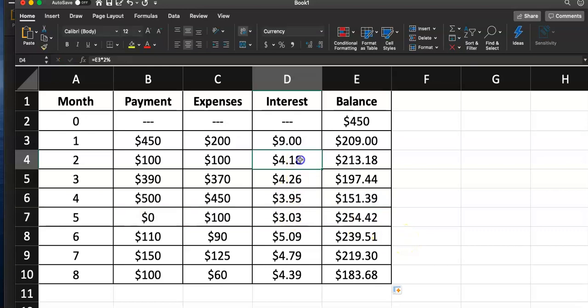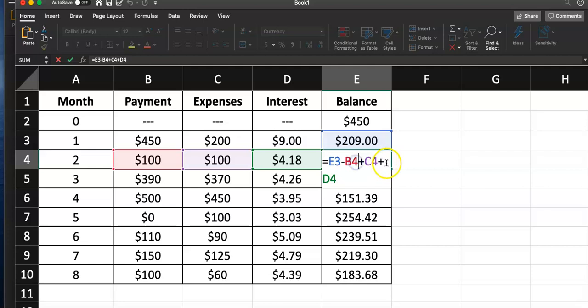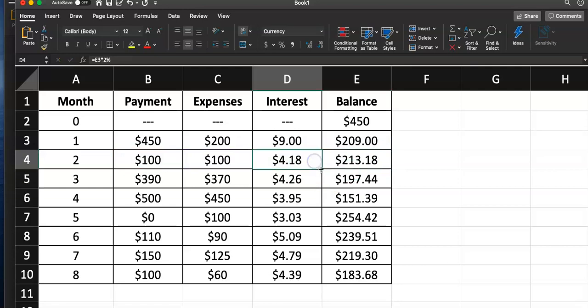But then the formulas that I entered were over here, simply the balance times 2%, and this one was beginning balance minus the payment amount plus expense plus the interest, and all I did was fill it down, copy the formula down all the way to this, because the question they were asking was, after 8 months, what is the balance on the credit card? And we're looking at it. The balance on the credit card after 8 months is